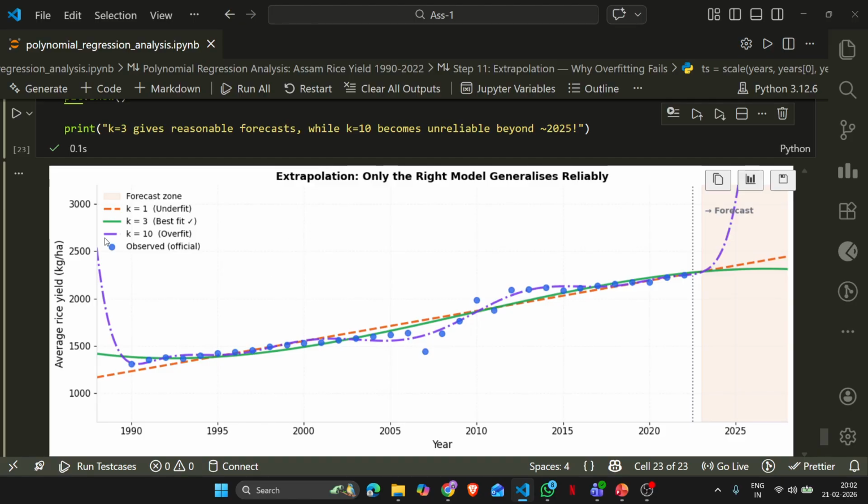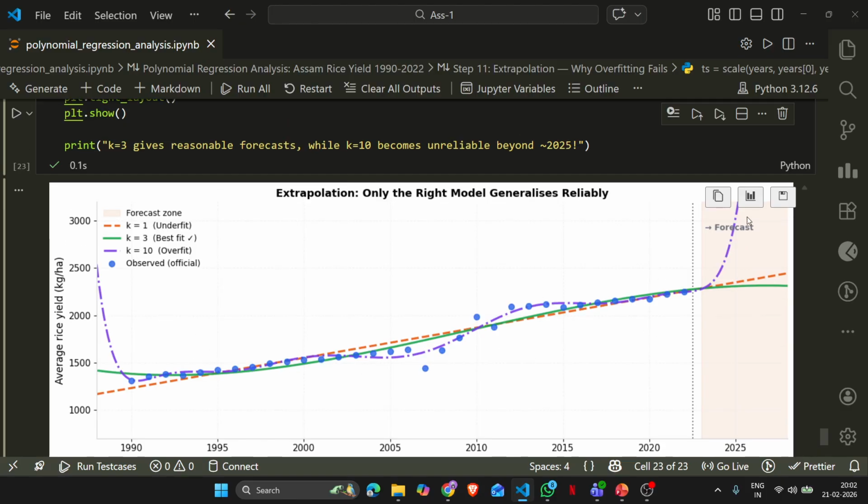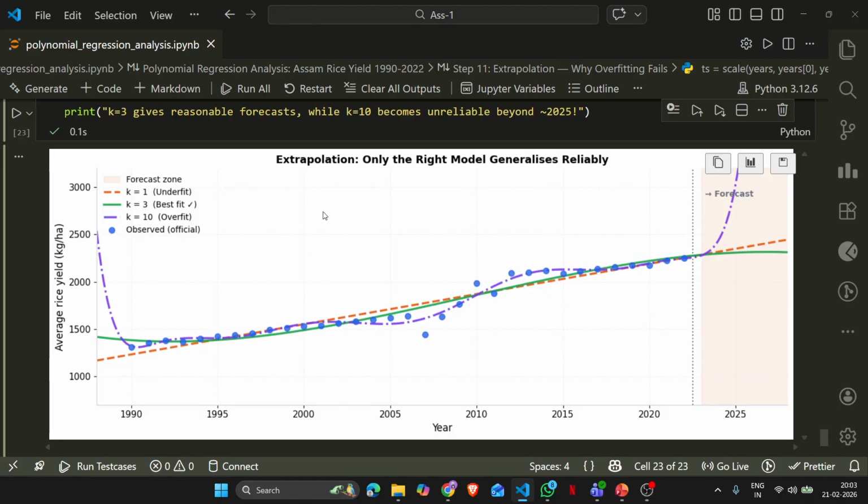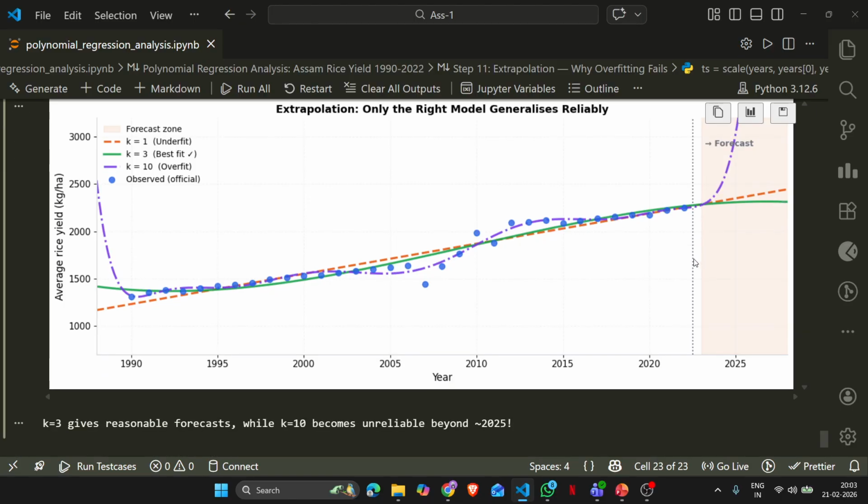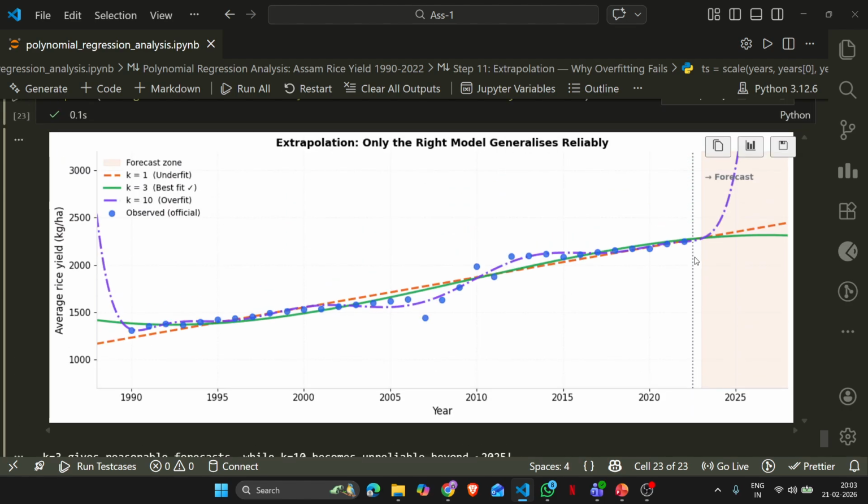Okay, so we can see that when we overfit our data and then try to predict for the future, the purple curve is for overfitting the data, and we can see that it predicts a very high value, which would not be the case in the real scenario, while the best fit for degrees equal to 3 to 5 shows a very promising, or reasonable, prediction,